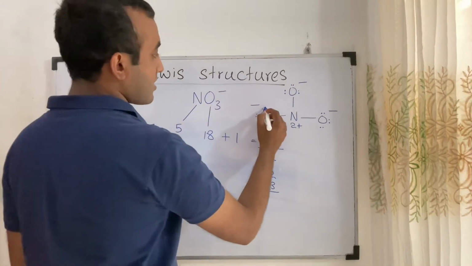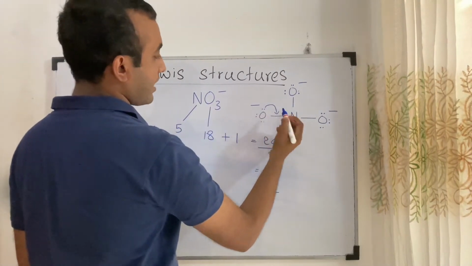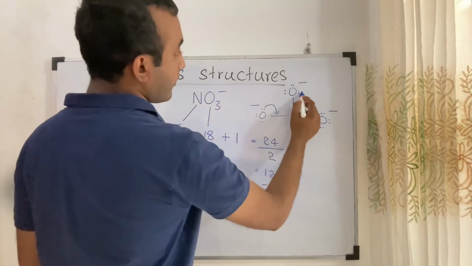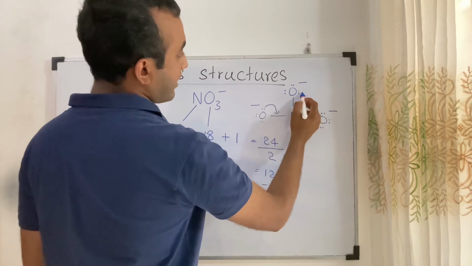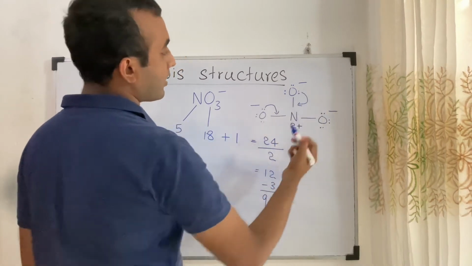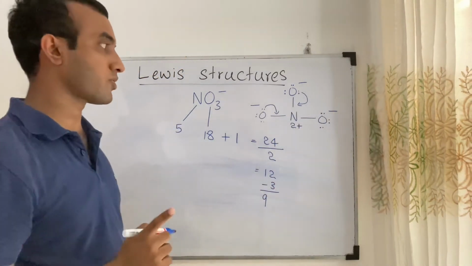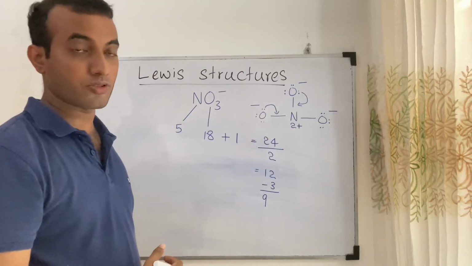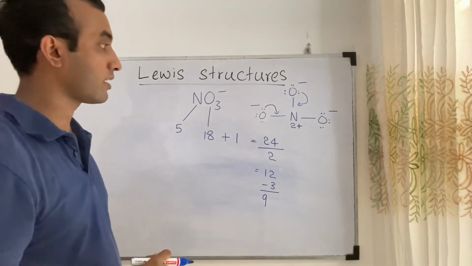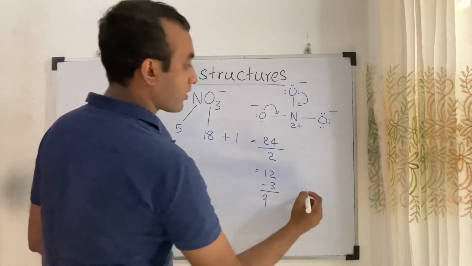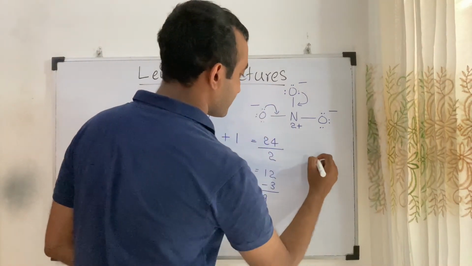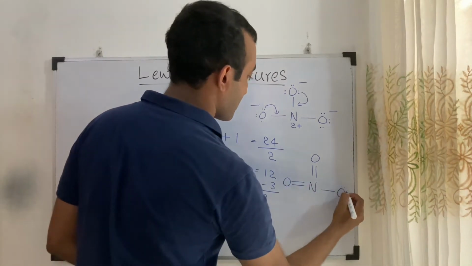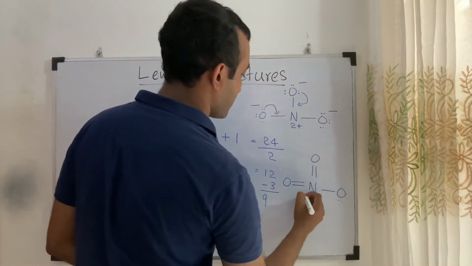So we can take this lone pair and make it a double bond, and you will think that we can make this a double bond too. But please make sure that nitrogen is a second period element. So therefore we can't exceed the octet. So if we draw a structure like this, so you will get,